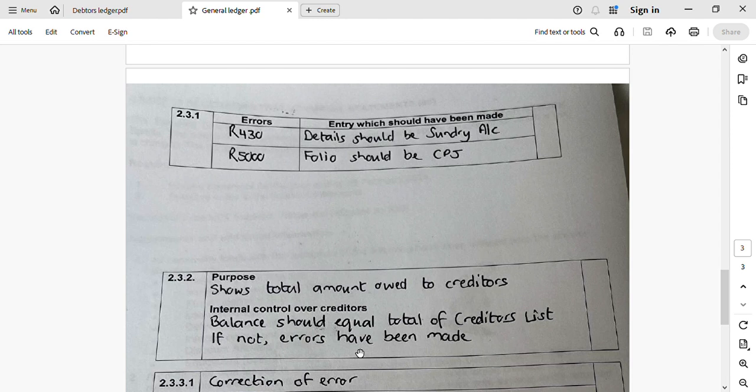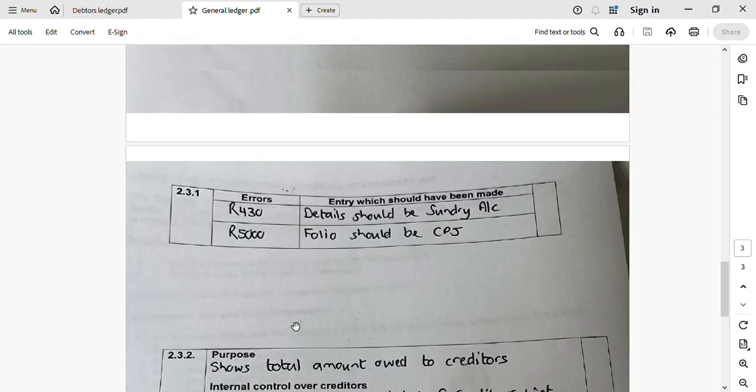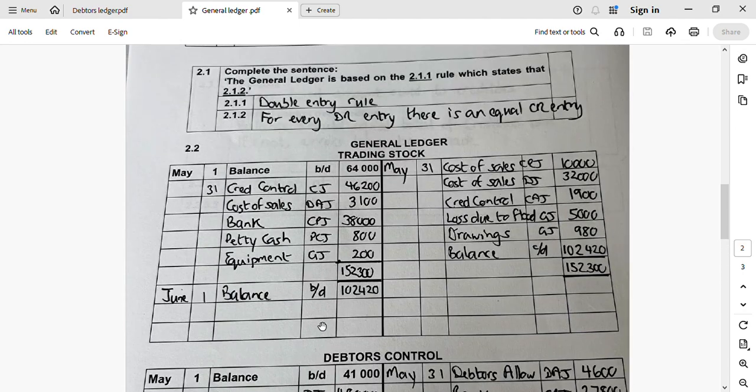So when you do your creditors ledger, at the end of the creditors ledger, you list all the people that we owe money to. If you add that up, it must be the same as this balance in your creditors control account. And if not, then errors have been made, and then you can correct those errors, and thereby you've got better internal control. And then the last question here says,